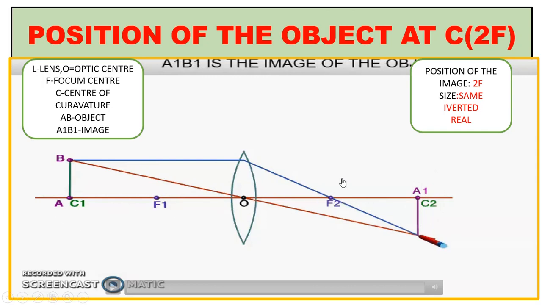When the object is at infinite distance the image is formed at F. Then it comes just beyond 2F, just beyond C, and compared to F1 the image is slightly bigger. Now when the object comes at C, it is the same size. Now next we will keep the object in between C and F. Then I think you can guess what may be the position of the image and what may be the size, because first very small, then same size, next big, isn't it? So let us see.